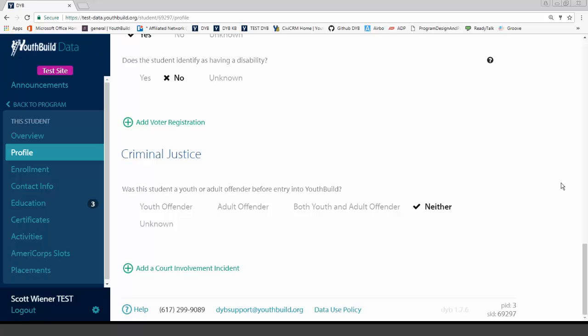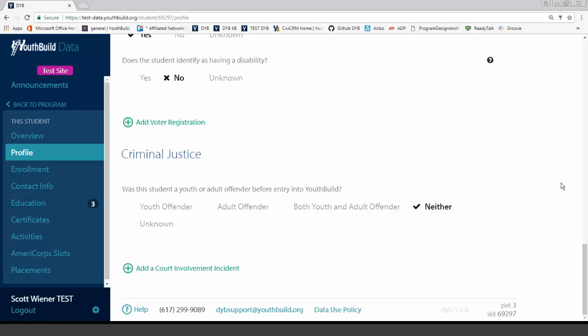Now that we have seen how forms in DYB save and edit, I'm going to move a little faster. It is important to note, again, now that the student is in DYB, any of your staff can work on any piece of information they have at any time, which means two people can be working on different pieces of information at the same time in different places, so long as they're logged in. There's no order in which you have to enter information. So a case manager could be entering test scores for the student while someone else at your program, an assistant,